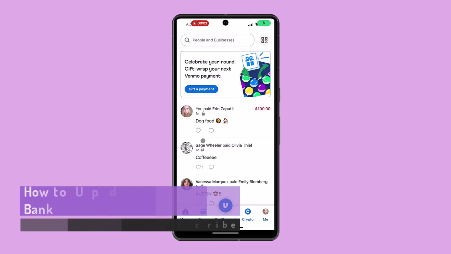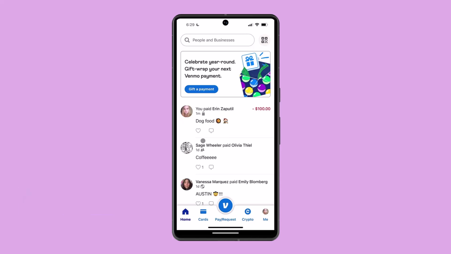How to update Venmo linked bank. In order to update your linked bank on Venmo, you need to first open your Venmo app and